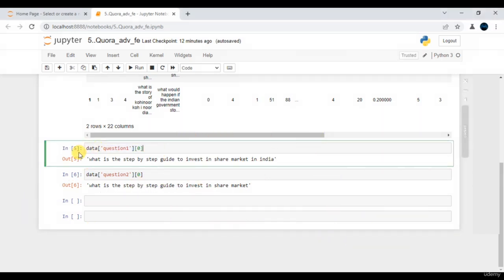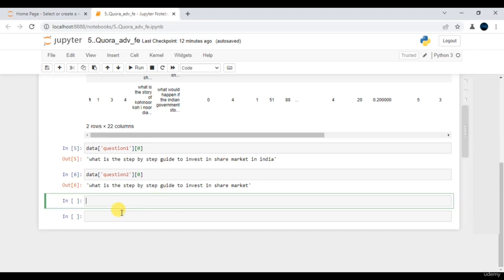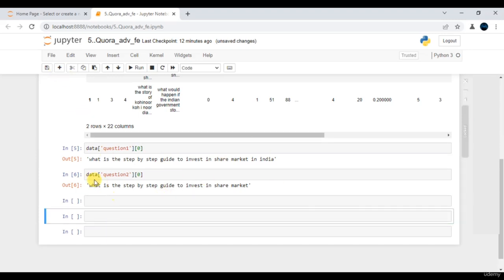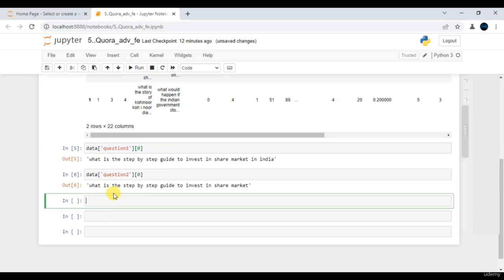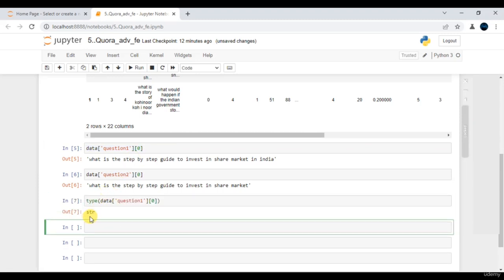Now, first and foremost, let's try to figure out how to access the last word. As this is of string nature, let me cross check that. I will say type of this, let me execute. You will see it belongs to the string data structure. Let me convert this into something known as a list. Just to convert this into a list, you can think of calling something known as split. You will say, hey, can I split this string